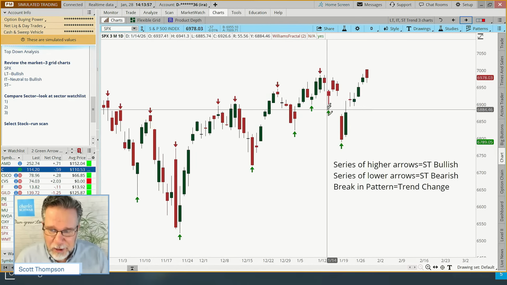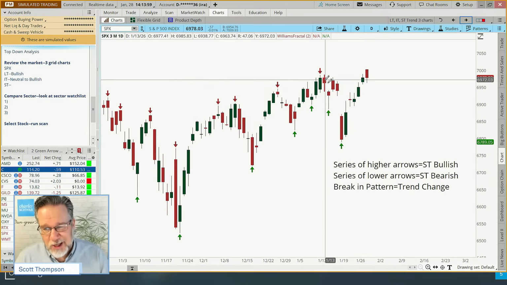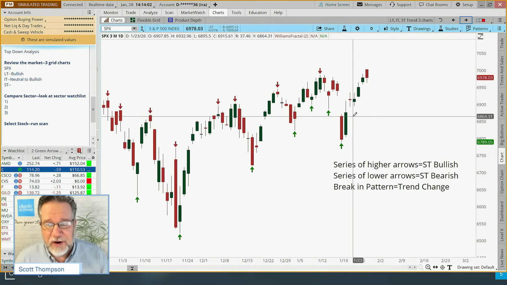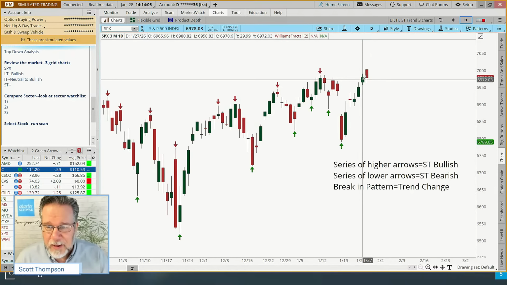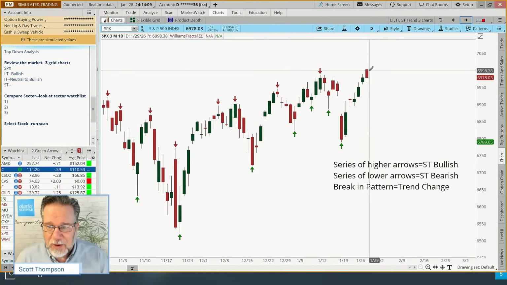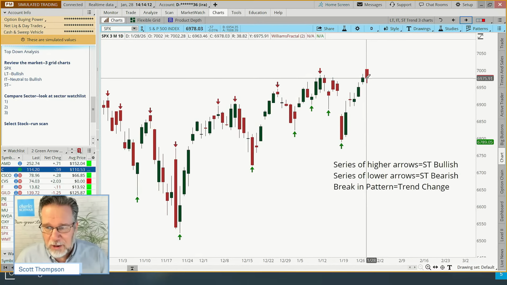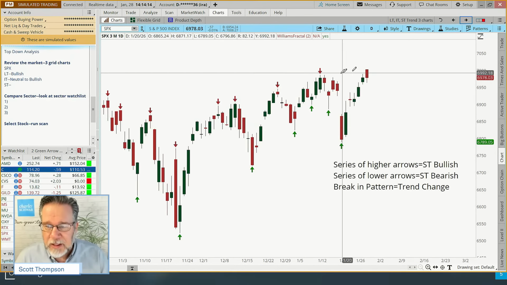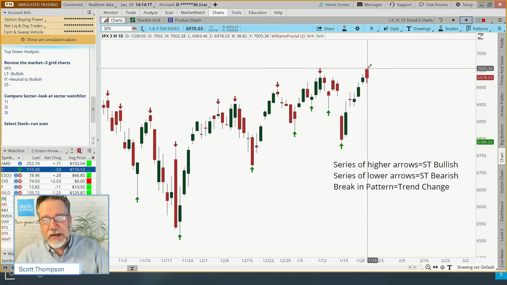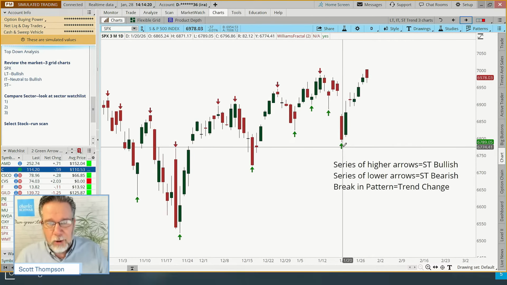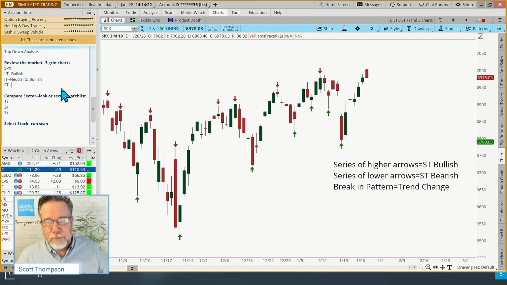So we had a high, low, lower high, lower low. We started a short-term downtrend, but that didn't last very long. In fact, yesterday we made a higher short-term high than we had, and today we made another one intraday. We didn't close much higher, but right now we're sitting at a series of lower low but higher high. And again, most technical traders would say they're neutral to bullish because of the new high in the short term. All right, so that's our market posture.